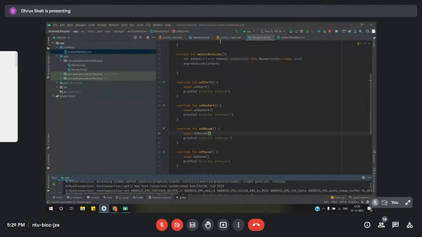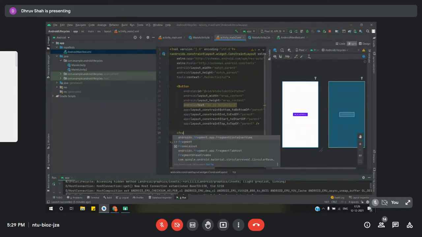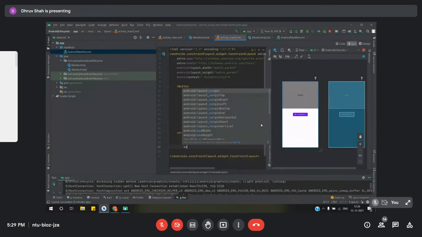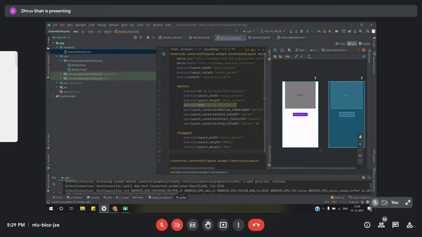So to create a fragment, we'll be creating it in the second activity here. So we'll be using the fragment tag. We define the width as match parent and the height as 300 dp, and let's just give it a margin of 30 dp here. There are two conditions that need to be taken care of, which are very, very important. Firstly, every fragment must be given a name, otherwise an error would be displayed. And secondly, you need to define the name, which would be the name of the fragment class, which would be linked to the current holder. So I'll explain that later.